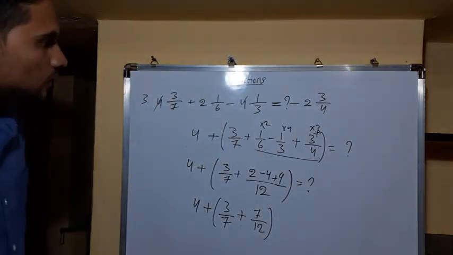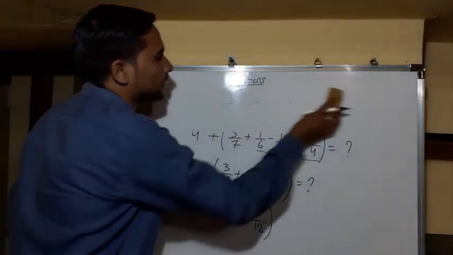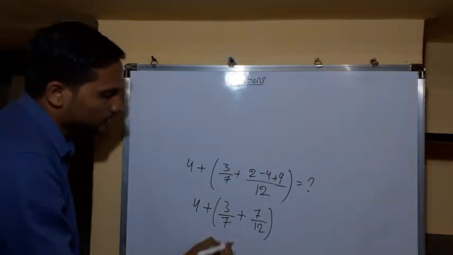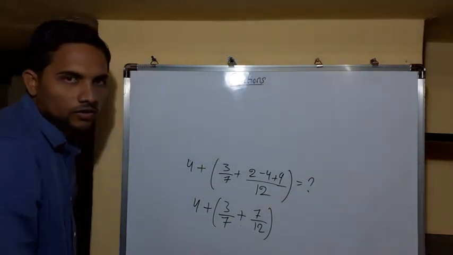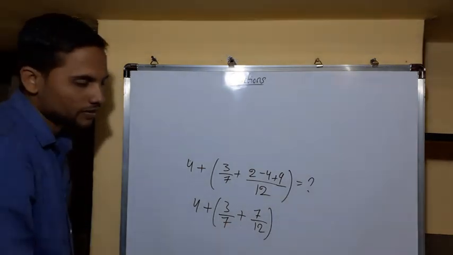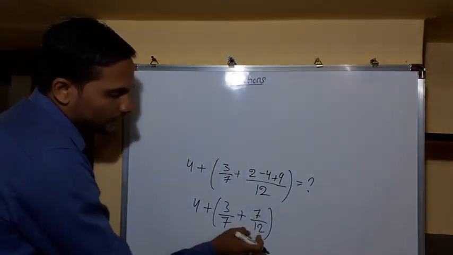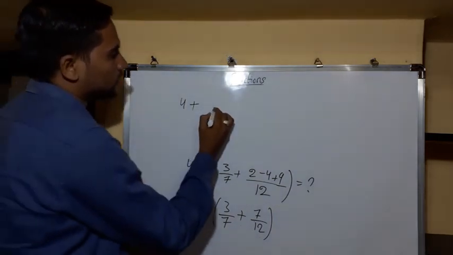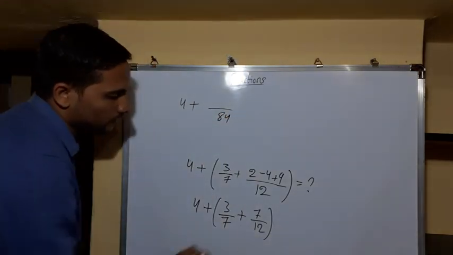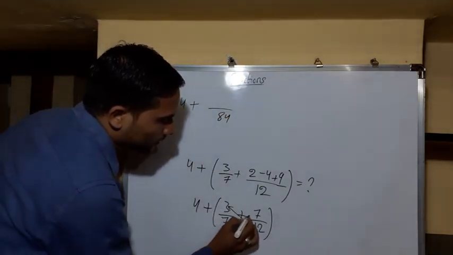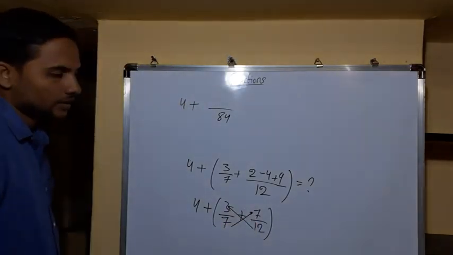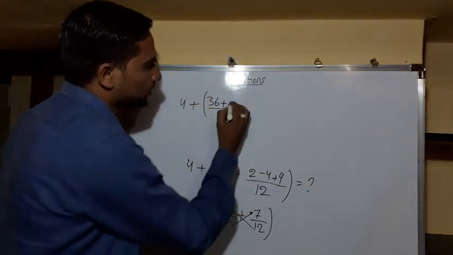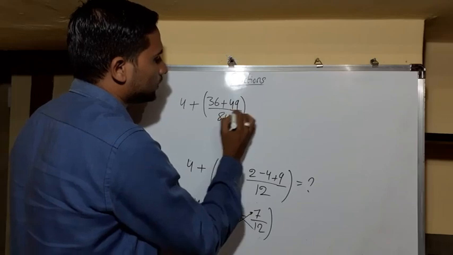Understood friends? Now again take the LCM friends. Take the LCM. How much is it? See, 7 and 12. Again there are odd terms. We cannot find any similarities between these two, right? So what we can do, directly it's better to multiply, right? So 7 twelves are how much? 84. So now you can do the cross multiplication. 7, right? 3 twelves are 36 plus 7 sevens are 49, right?